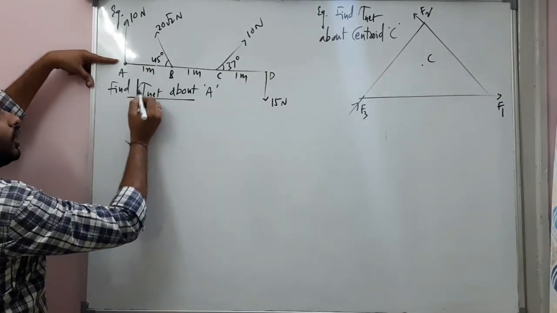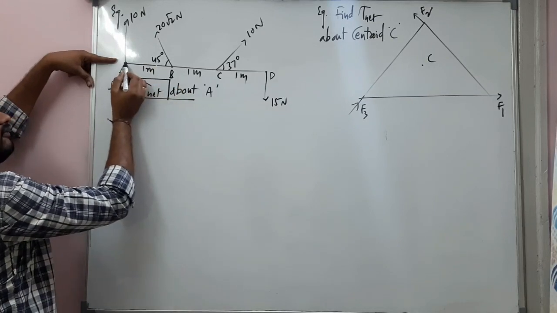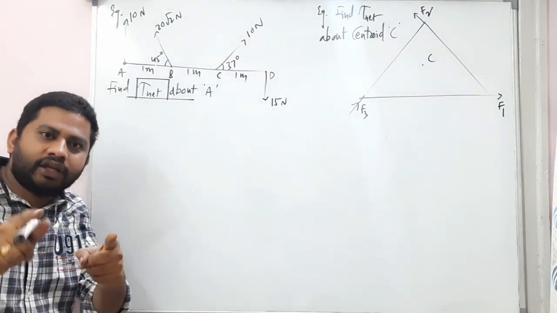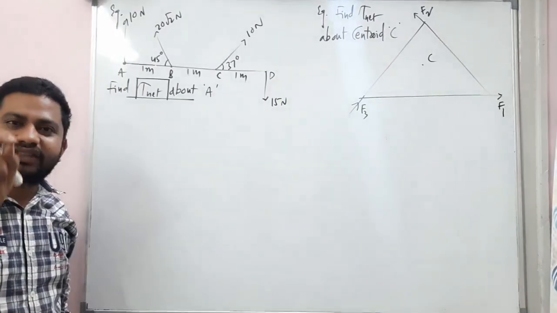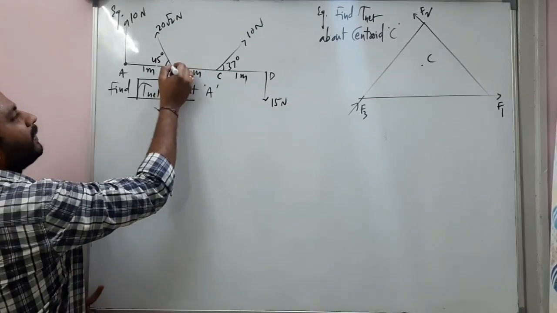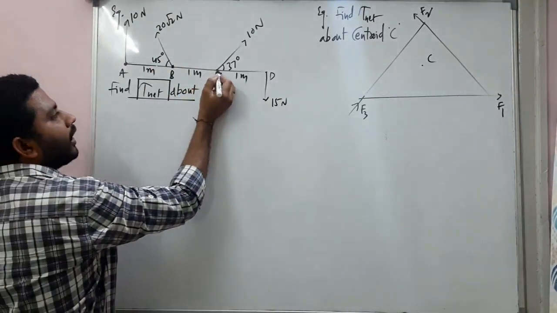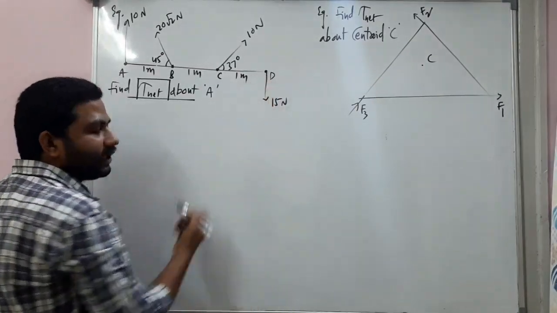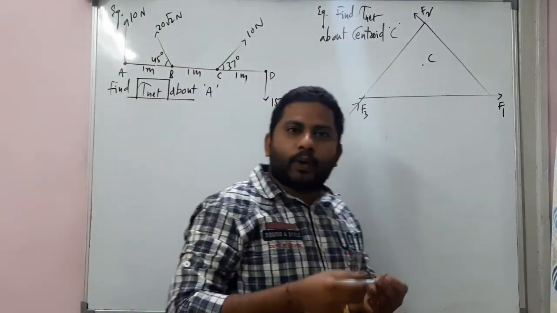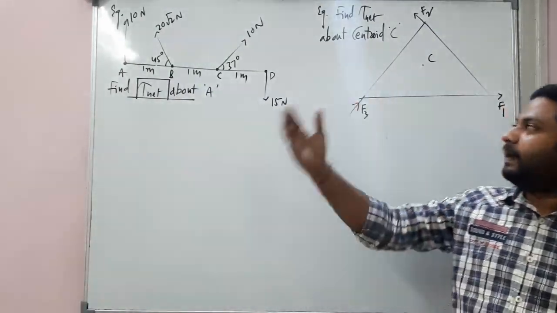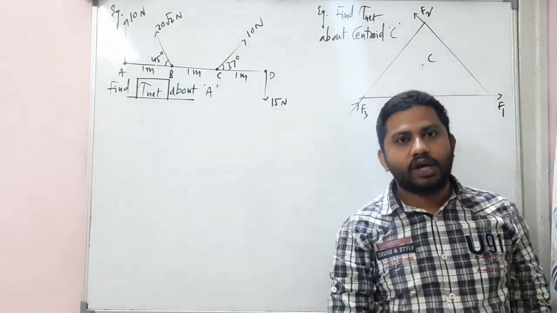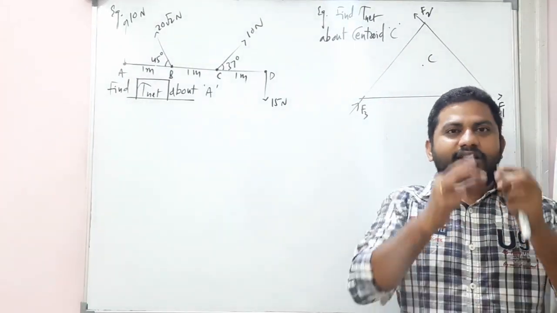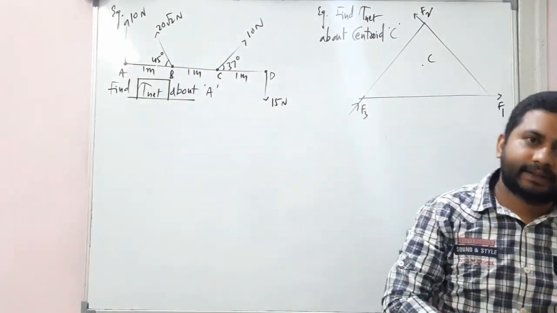What is the net torque about the point A? We are going to find out. Listen to me carefully. You have to solve what is the net torque about point B, about point C, and about point D. About point A, I am going to tell you. About points B, C and D, you have to do it. Then only your confidence and concept will build up, and you will understand the complete torque concept.